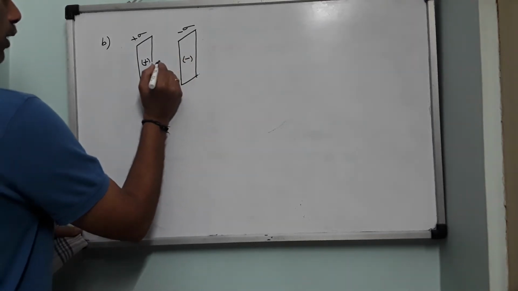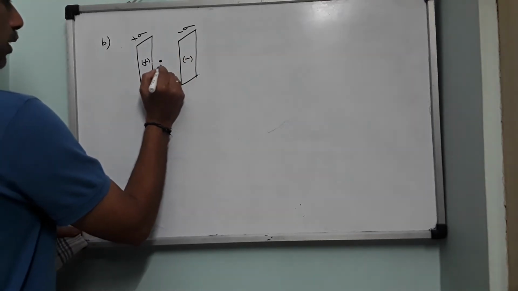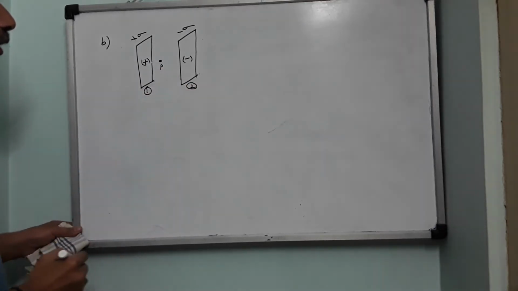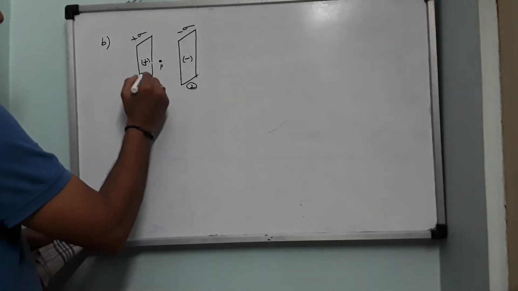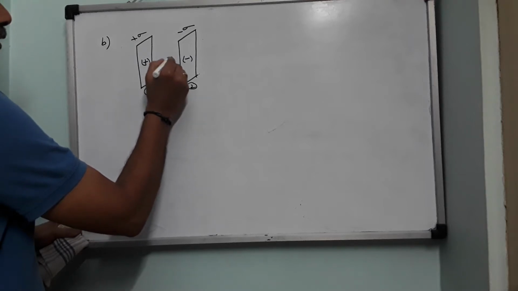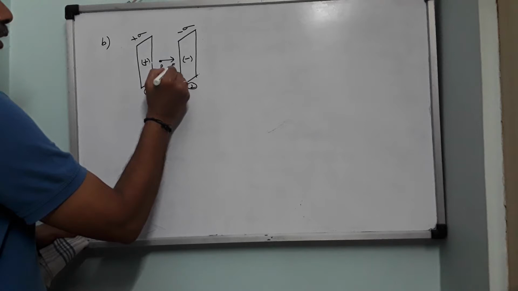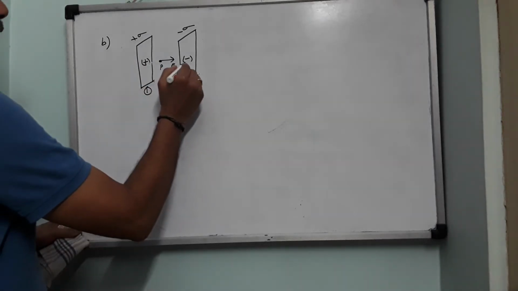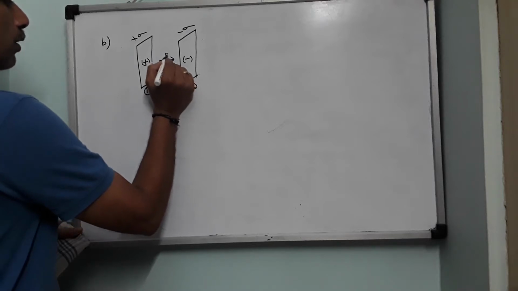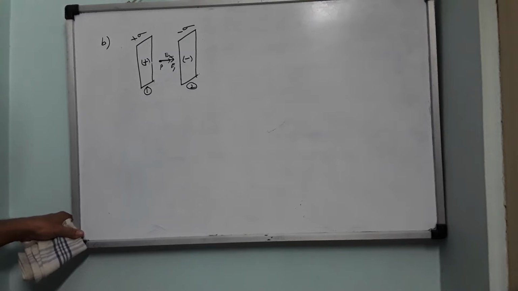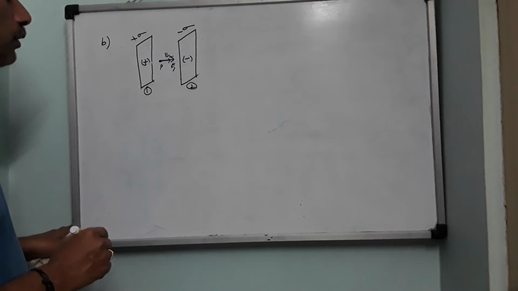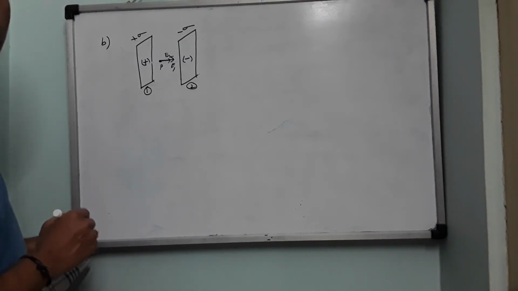Now if I select a point here, name it as P, I call this plate 1 and this is plate 2. Plate 1 being a positive plate produces electric field radially outwards from it. We denote it as E1. A negative plate will produce electric field radially inwards. This is E2. Now you can see that both the fields E1 and E2 are pointing in the same direction. Now our doubt is, is E1 greater or E2 greater?